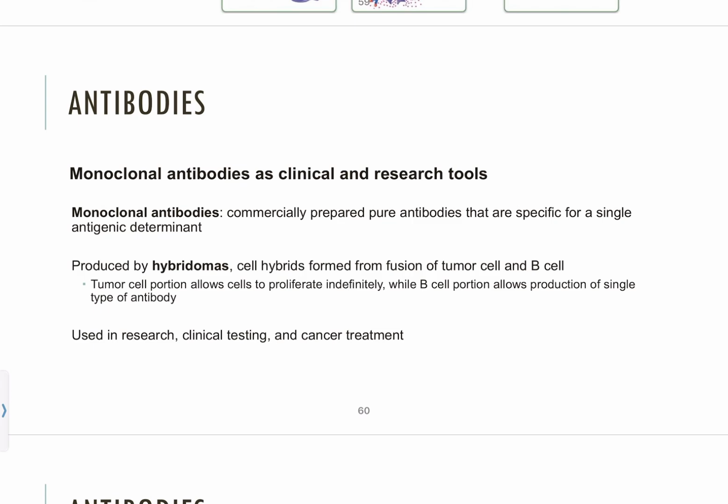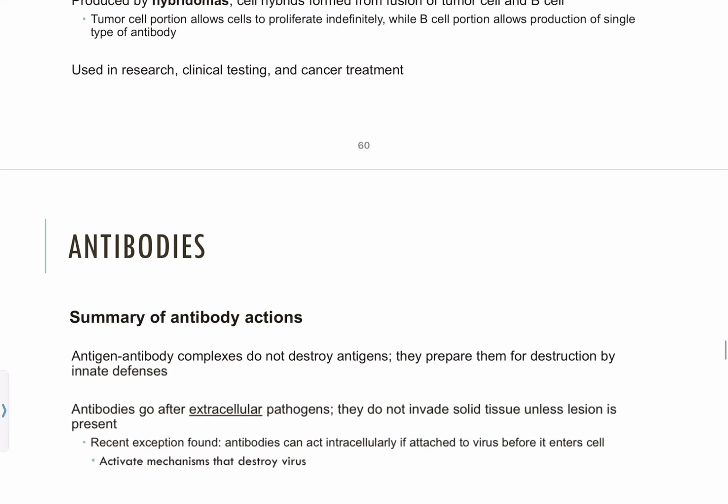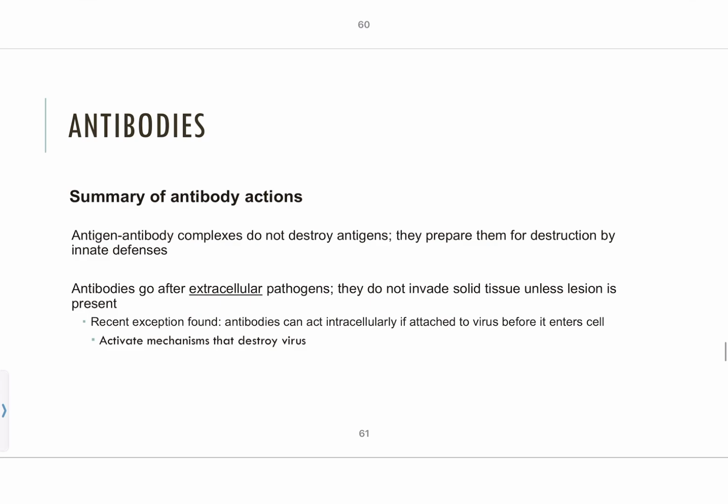So monoclonal antibodies are widely used as clinical tools, so things like cancer therapy, even COVID-19 treatment, and even some autoimmune disease management, as well as research tools like for detecting specific proteins in tissues or cells. Their high specificity really makes them valuable for both diagnosis and targeted treatment. So this is something fairly new, and there's going to be a lot more research using these as well. And this is just a nice little summary slide talking about all the things that we've discussed regarding